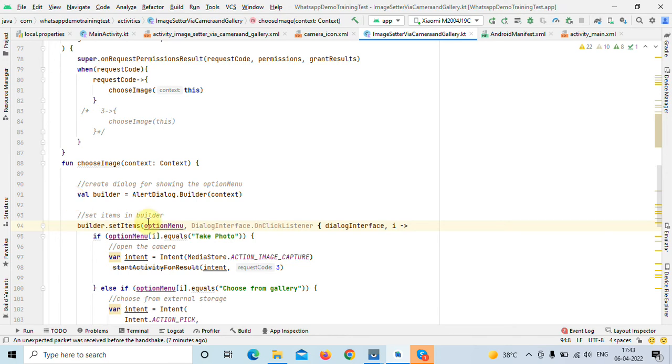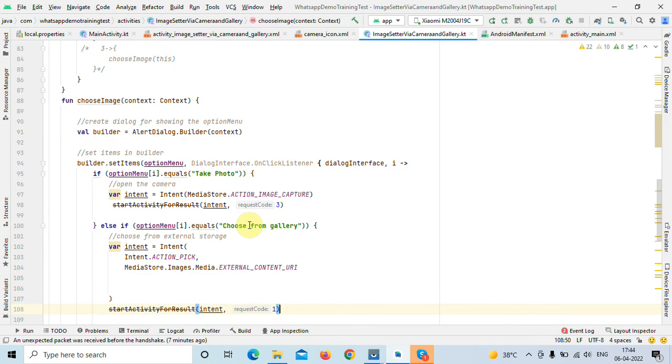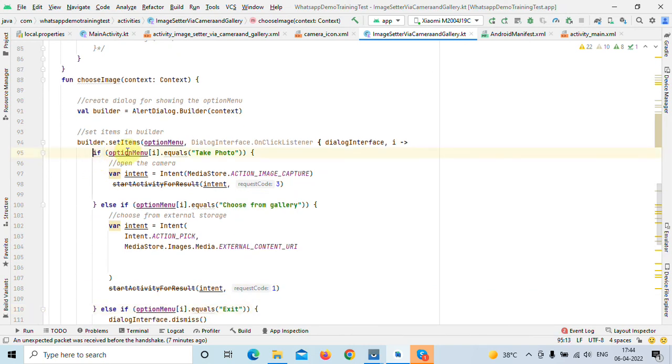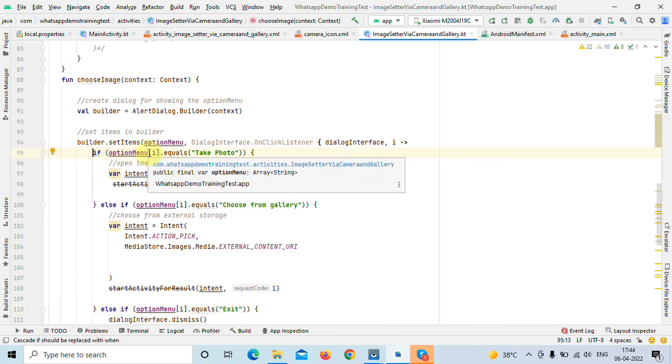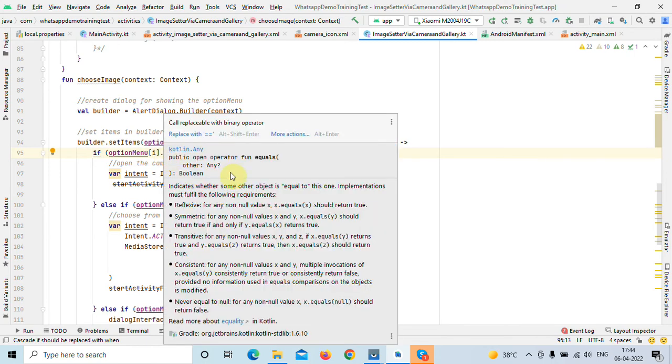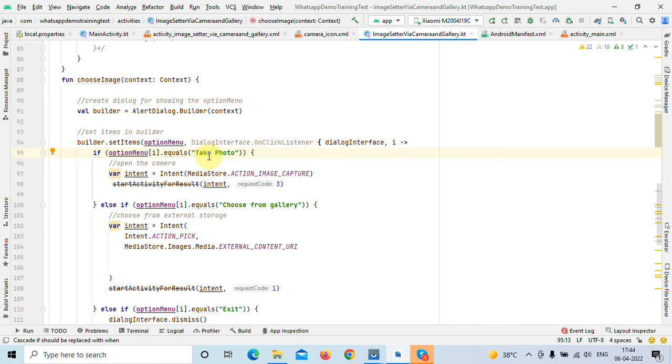In builder.setItems, we pass the option menu and a DialogInterface.OnClickListener, and we use a lambda expression in that, with some conditions. If the option menu array item is equal to take photo, then